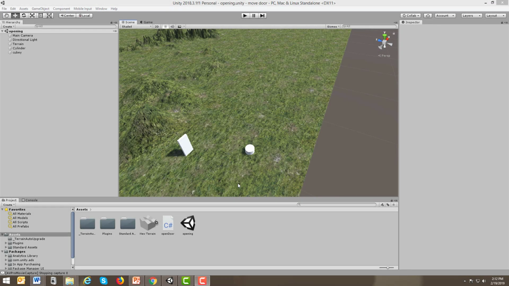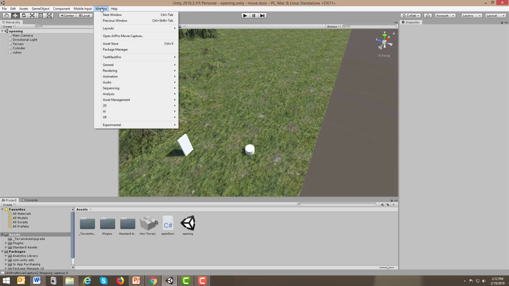All right, this week we're going to take a look at doing some video capture so you can make videos of what you've done either in the scene or in the game in Unity. So I think the best way to do it is just get something from the asset store. So let's go ahead and click on Window, go to Asset Store,